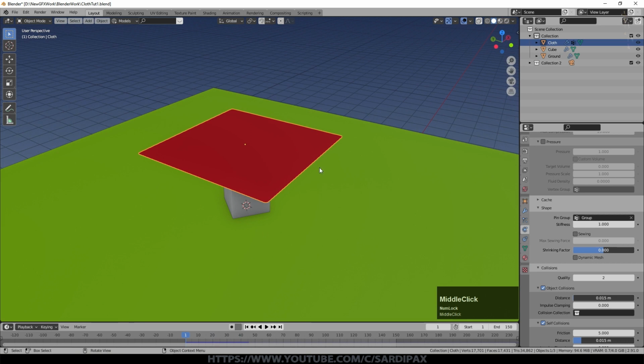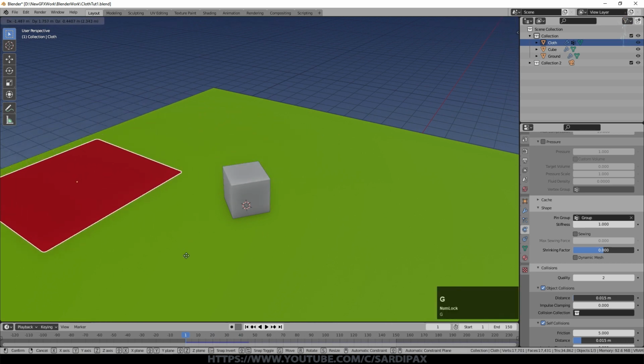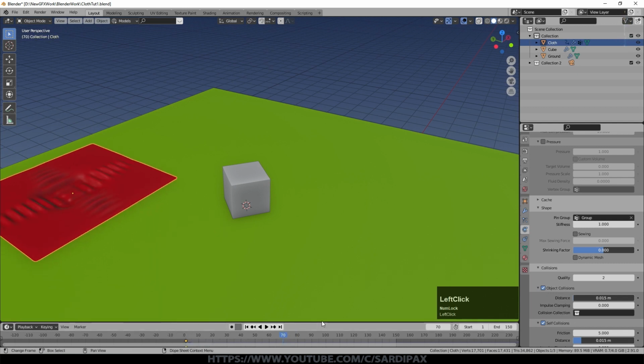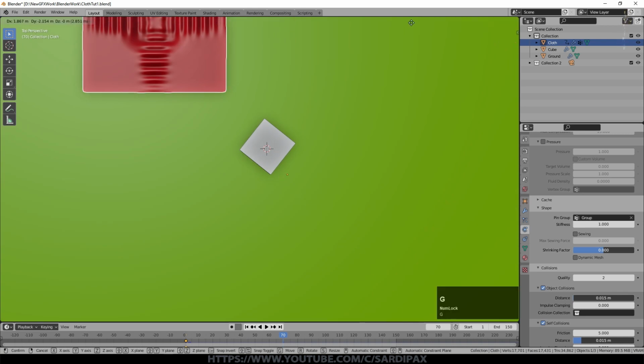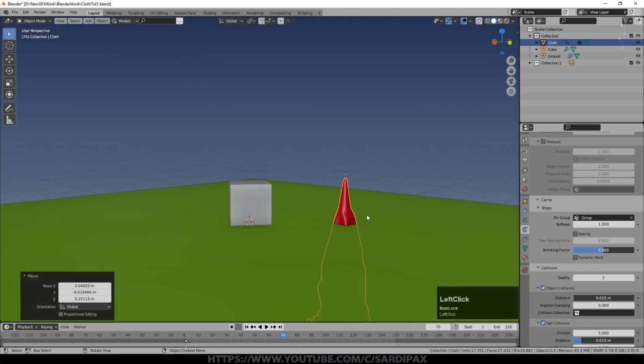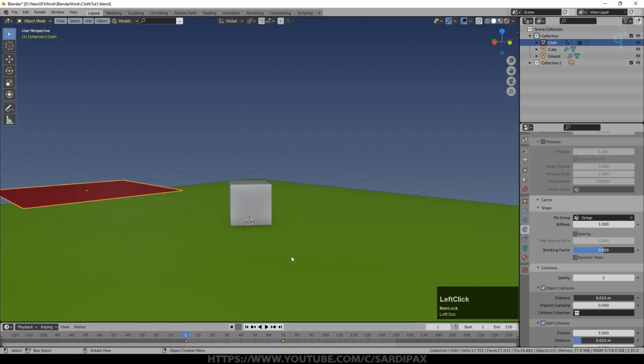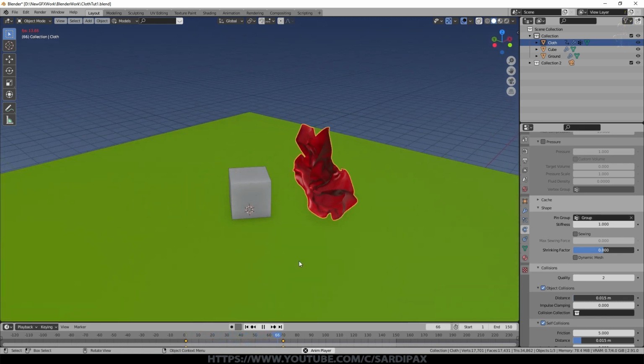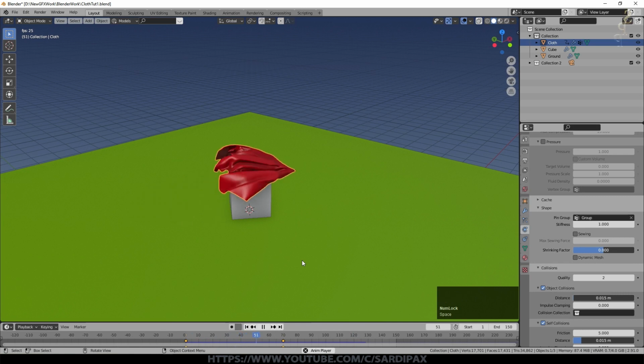And we'll go to the beginning of the simulation and we'll move the cloth over here somewhere, and press I and store the location. We'll come to say frame 70 and we'll move the cloth, and you'll notice it's just the little origin dot that's moving to somewhere about there, perhaps a little higher. Don't worry about it penetrating the ground plane at the moment because it hasn't done the simulation to work out where the rest of the cloth should be yet. So I'm just going to press I and select location. Go back to the beginning and then press play. You can now see the cloth being dragged over this cube and stops there. Simple as that really to move the cloth around.